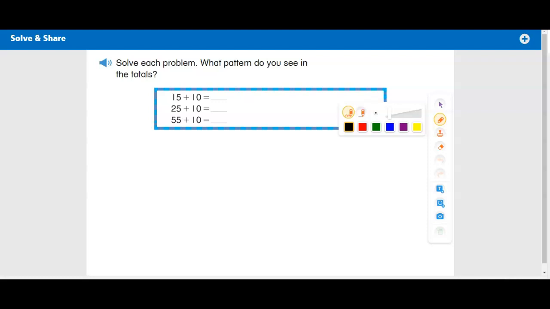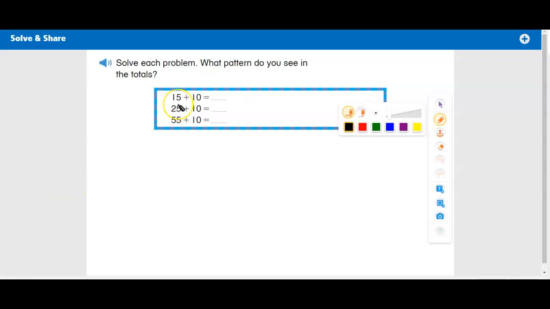For example, if I'm looking at my numbers chart and I look at the tens column, I see 10, 20, 30, 40. As I move down the column, it's increasing by 10. If I move up, 40, 30, 20, 10,